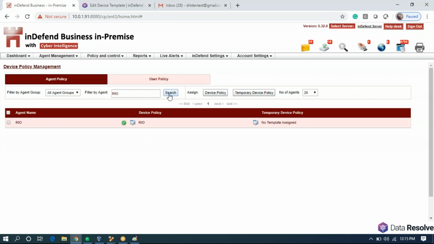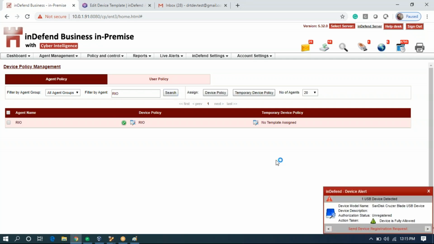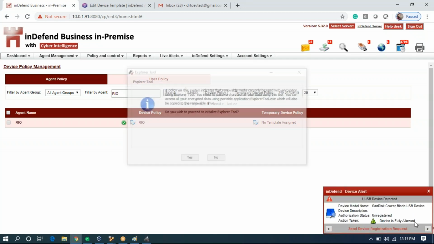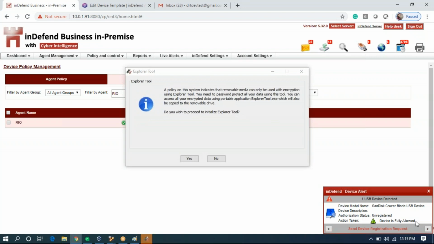So it's 1 minute and the policy has successfully synced. Now we'll again plug in the USB. As you can see, now it's showing devices fully allowed. Earlier it was showing the devices blocked. Now we have enforced encryption policies in place and this USB is being plugged in for the first time.